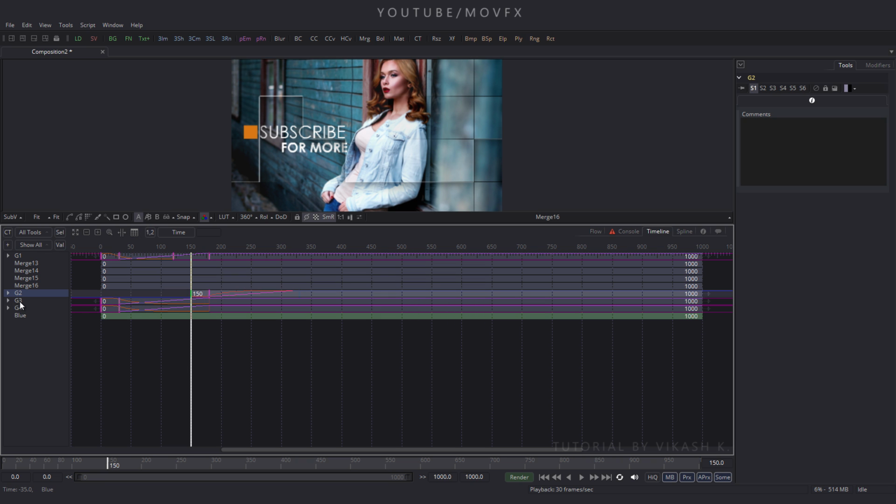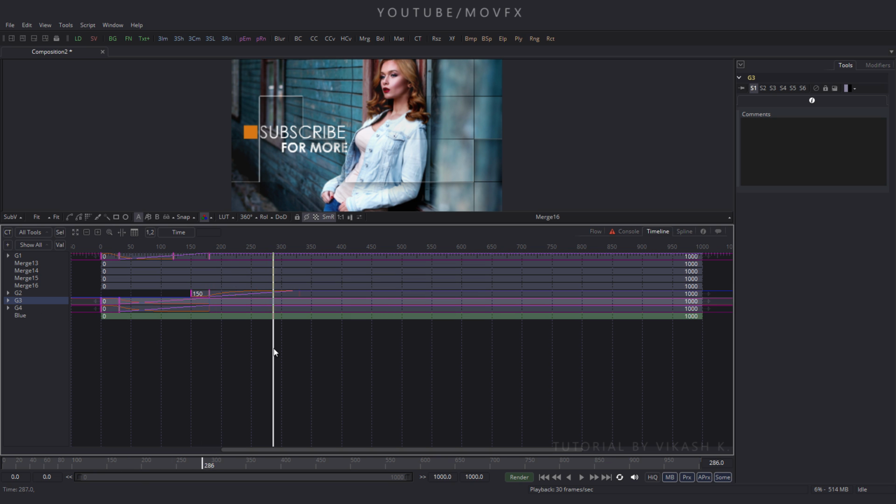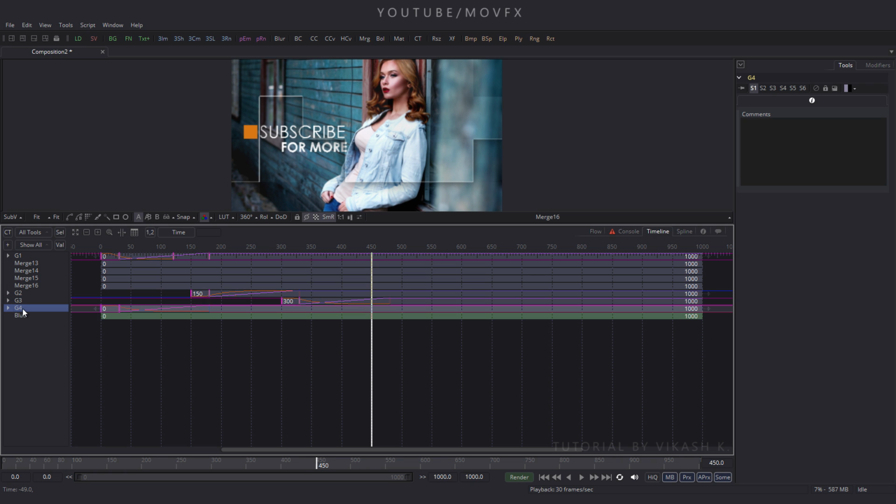Now select G3 group 3 and set this CTI on frame number 300 and select this group 3 and drag this group 3 on frame number 300. Okay, now same thing for group 4. So forward this CTI on frame number 450. Select this group 4, drag this